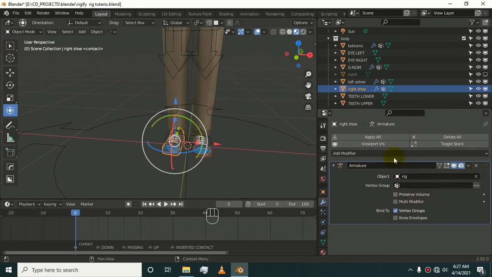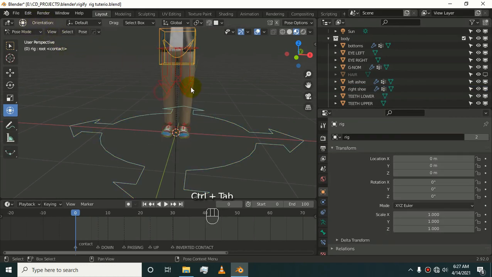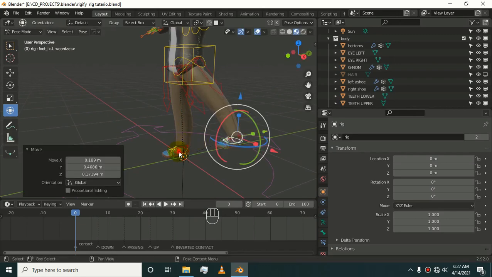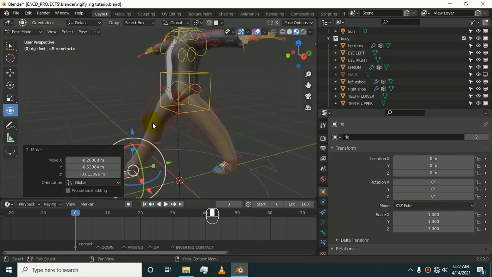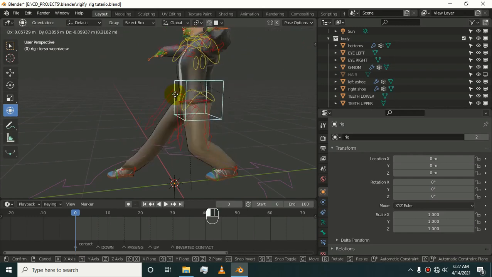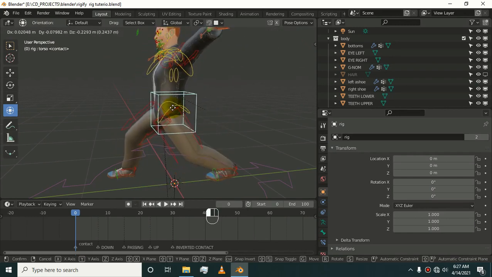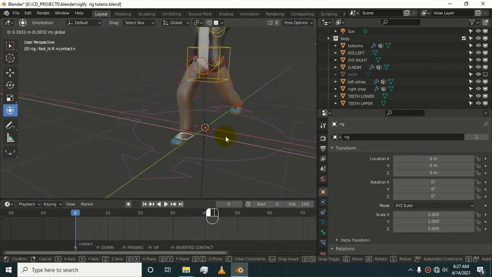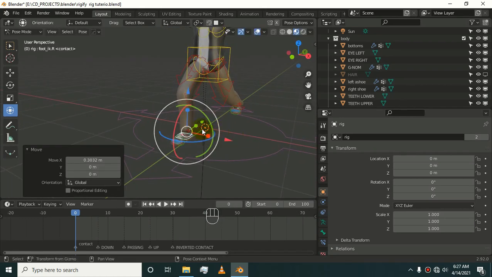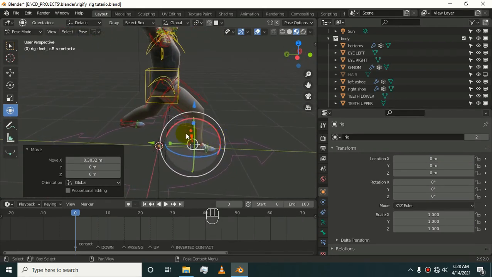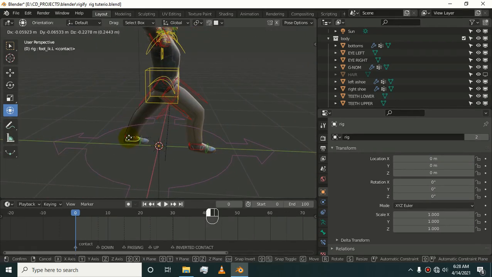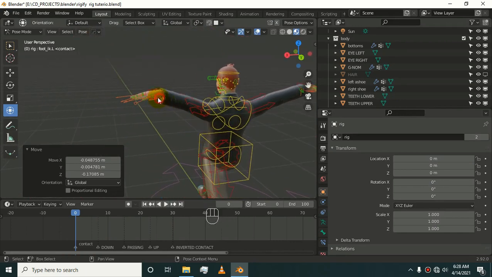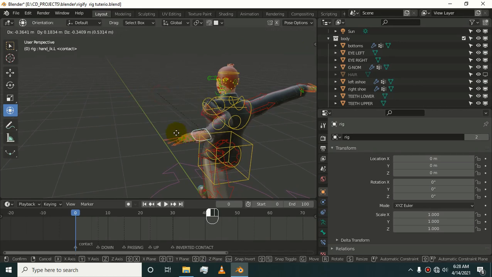Now if we go to pose mode and grab this, you can see our clothing is done and it is moving with our body and rig. It is all done without any weight painting, any simulation, any rigid or soft body simulation.